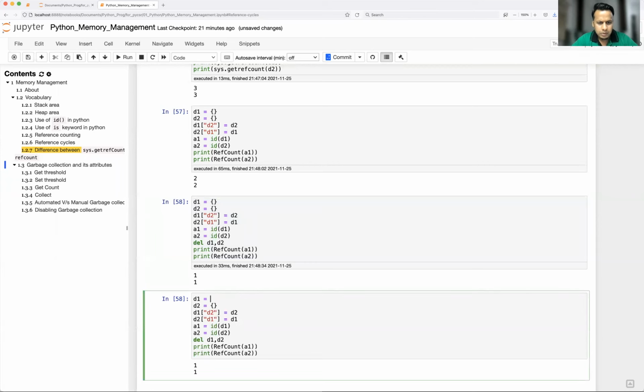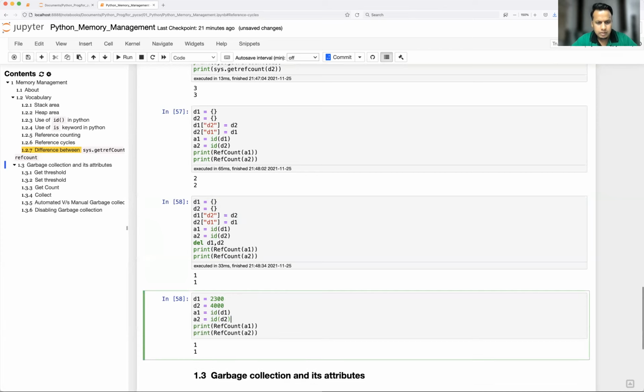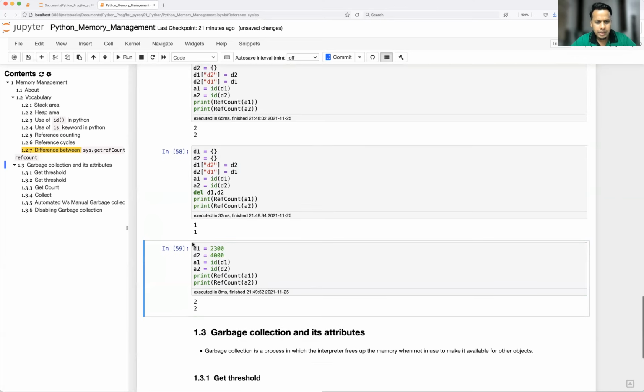So I'm just going to hold, let's say d1 equal to 2300, d2 equal to 4000, and let's remove this, a1 id d1 d2. Yeah, it is going to show 2 times, right? Because one is this, one is this.